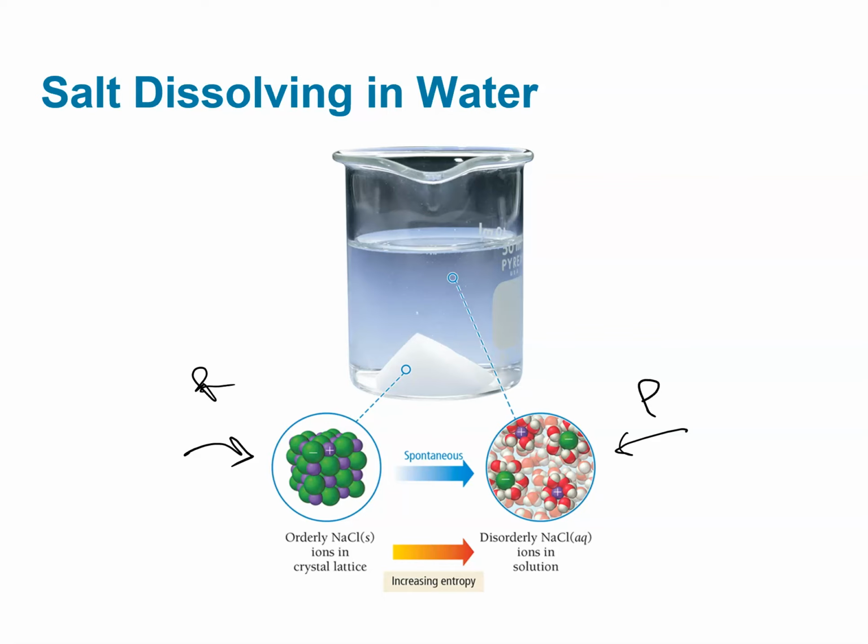Because in the product side, we have substantially higher entropy, because instead of this nice orderly structure of a crystal, we have these ions moving all about the place. And so this is going to have a significant increase in entropy,